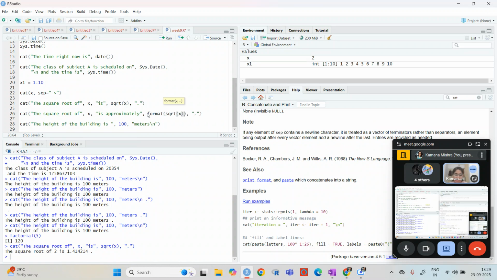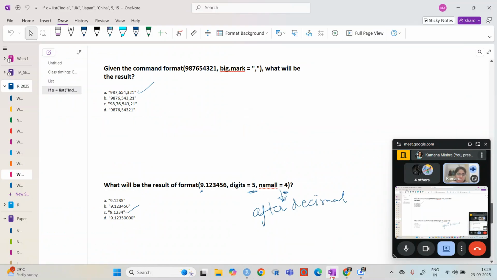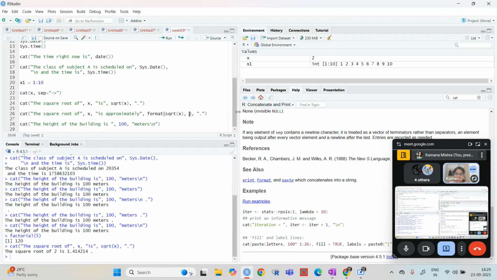We can write a square root, and then we can put digits, we can put n small, etc., whatsoever we want.